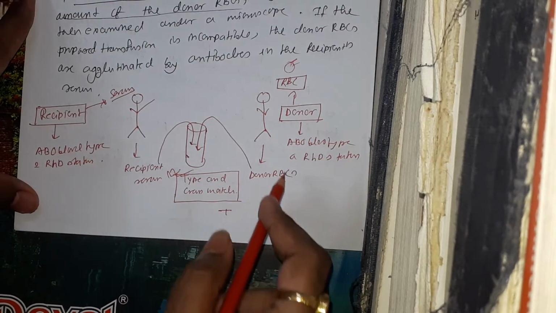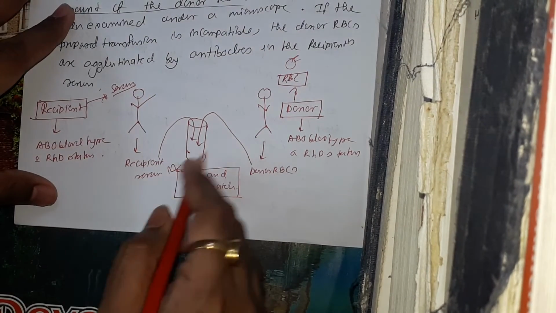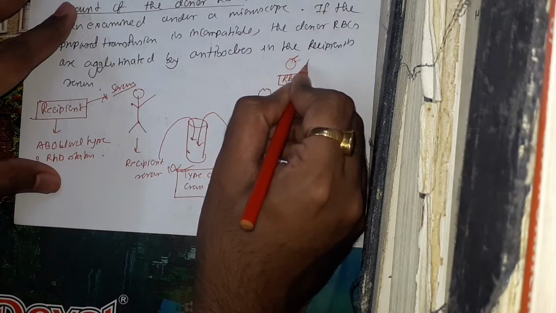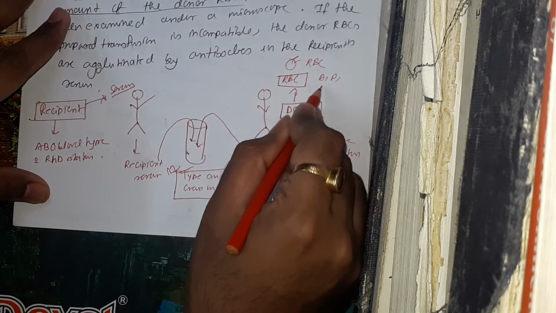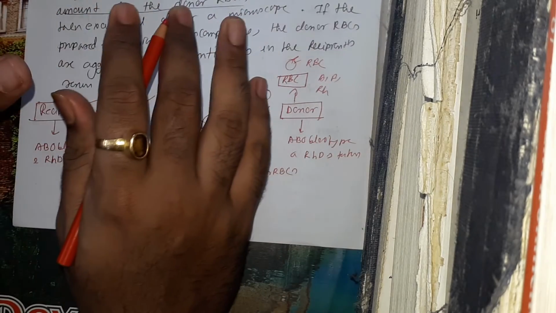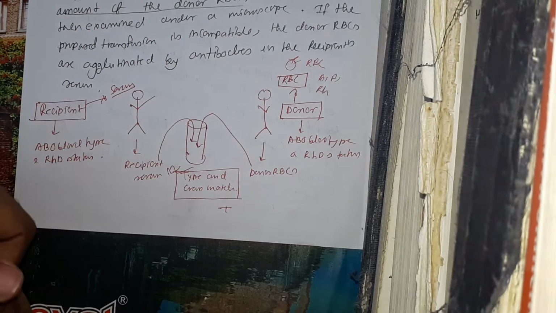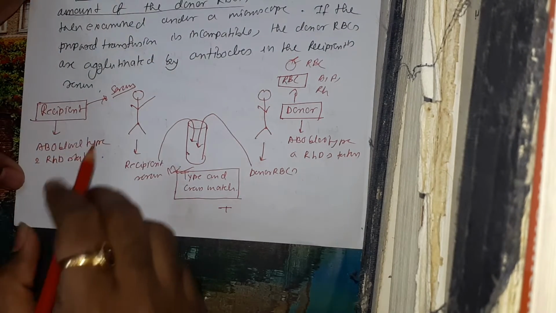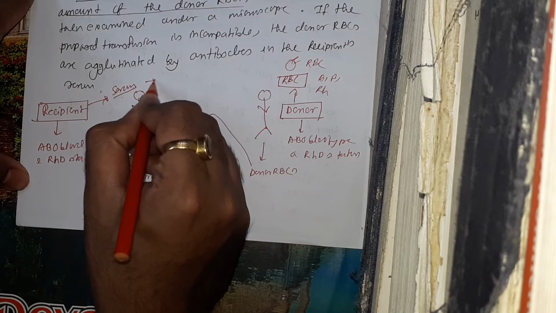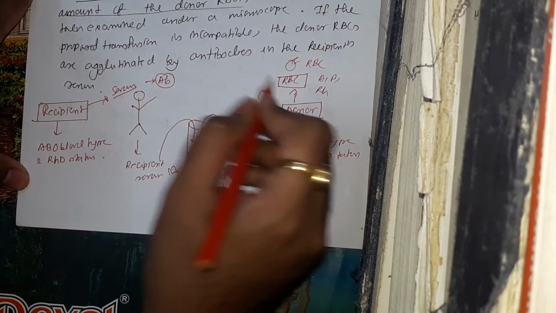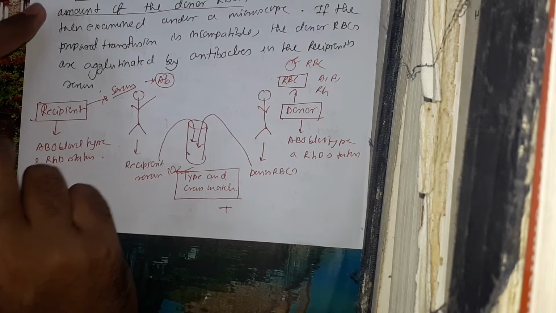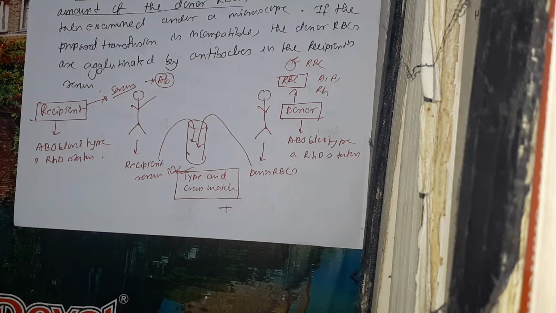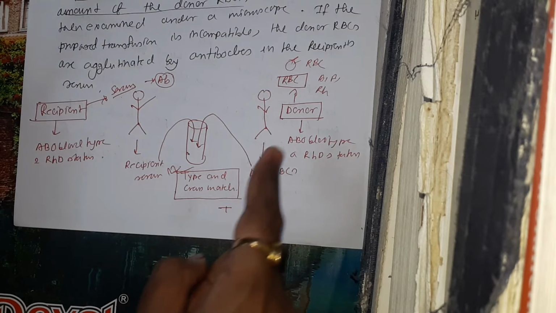Now, remember one thing: the RBC has not only the A, B and Rh antigens, it has many antigens that are not usually typed. If somehow the serum contains an antibody against those untyped antigens, it can be a problem. As no typing machinery, mechanism or theory is available for these, before